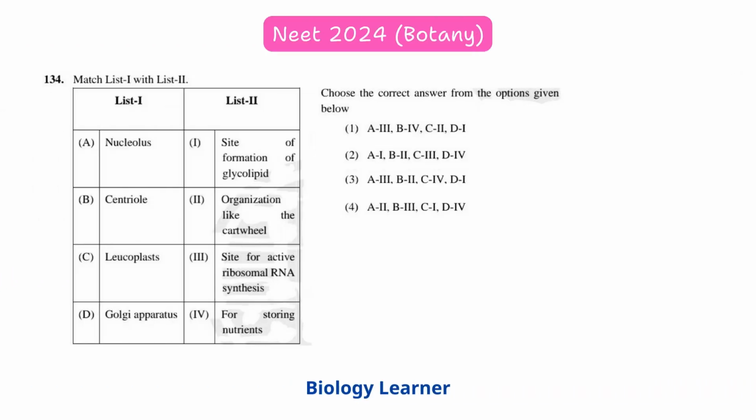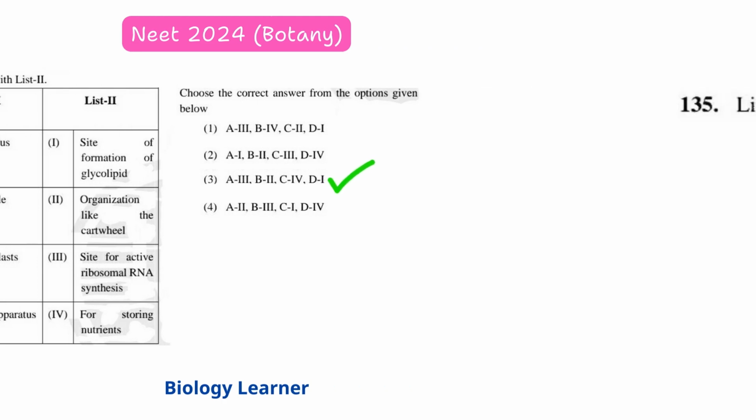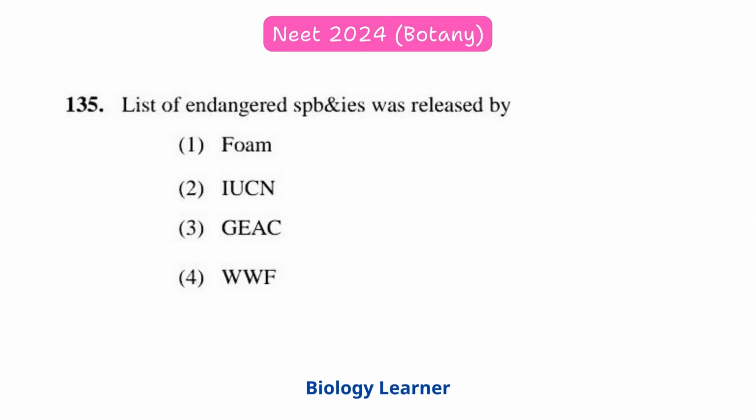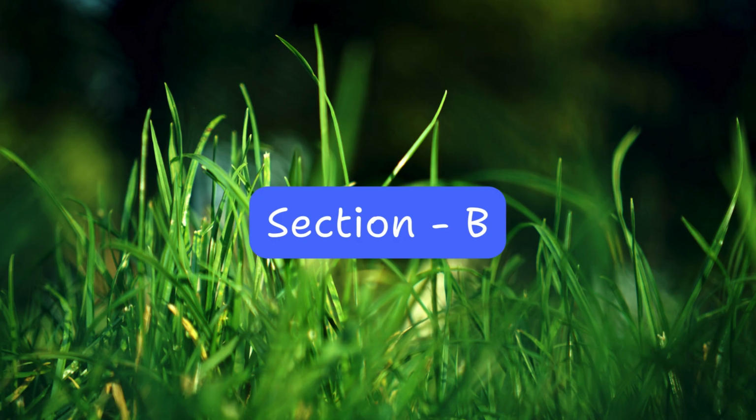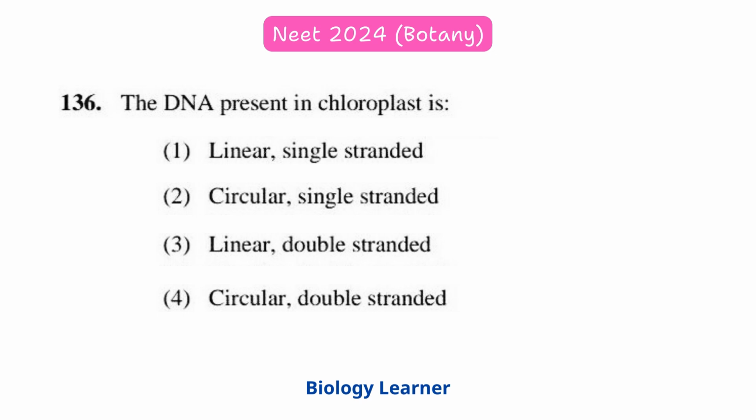Match list 1 with list 2. The correct answer is option 3. A-3, B-2, C-4, D-1. List of endangered species was released by IUCN. The DNA present in chloroplast is